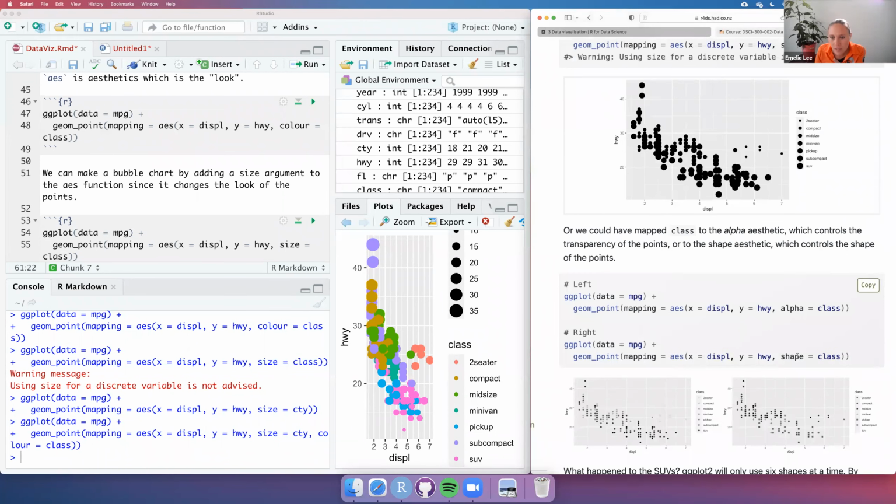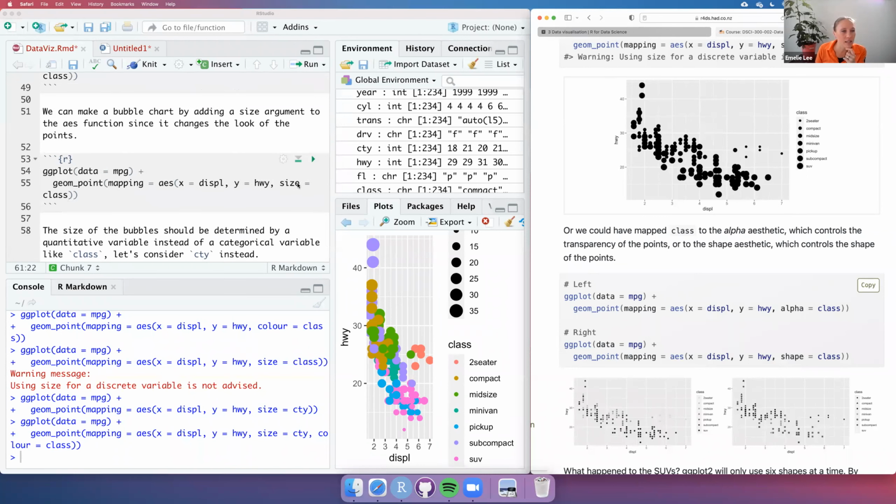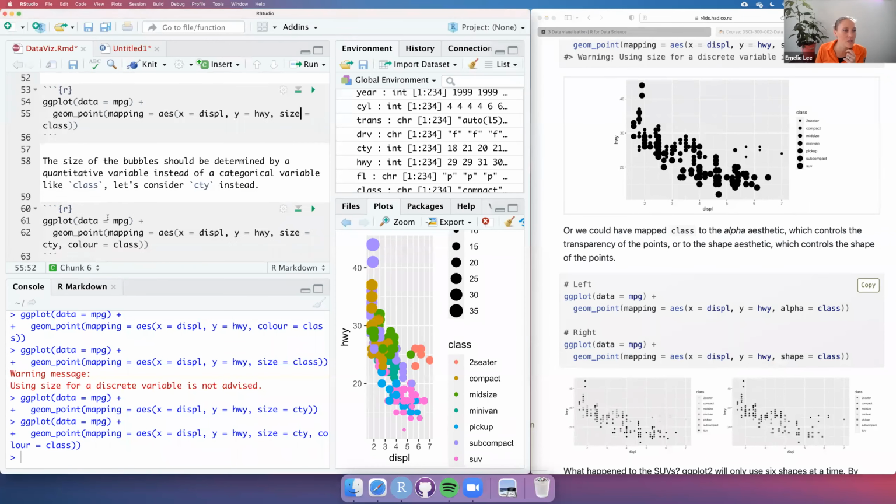Oh yeah. And this is how it's going to go, right? Once you get used to seeing some of these things, it's like, oh, can I change the shape of these, so that instead of having the sizes of the bubbles, maybe I could have a different shape. And it looks like I can, right? Kind of skipping through these here. I've got the alpha equals class, and I'll talk about alpha in a little bit, but here I see the shape equals class. So what I'm going to do is, instead of size equals